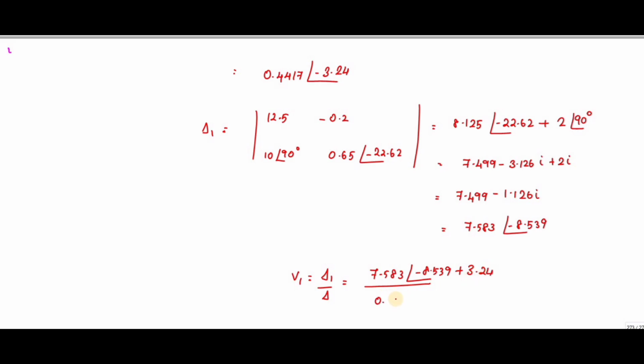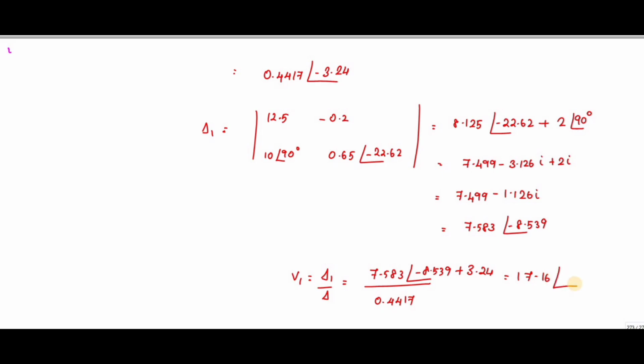This is 0.4417. So what is 7.583 divided by 0.4417? It is 17.16